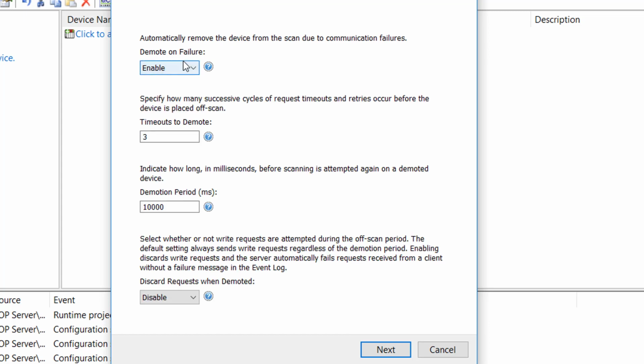You'll enable that. It is recommended to discard write requests during that period. Otherwise, a write request will override the auto demotion period and attempt a connection to that unresponsive device immediately. Now, since devices under a channel are treated sequentially,